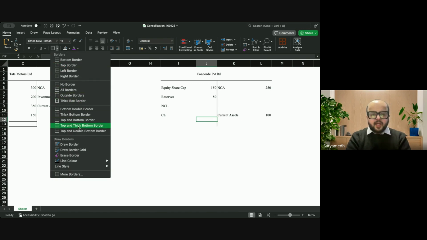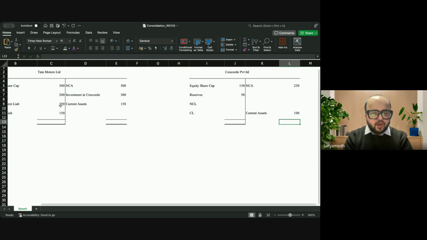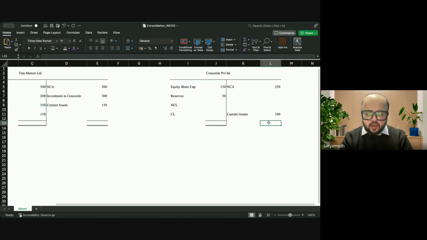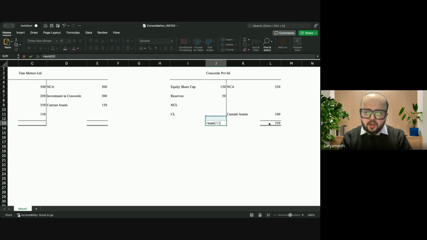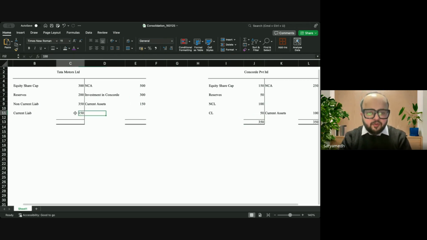Ultimately, see, this is my own balance sheet. I can keep any numbers as I want, but the focus is not the numbers. The focus is what we are going to do with those numbers. So, what's the total of the liability side here? The total is 350. Here, the total is how much? The total is 200. So let these be another 150. So the balance sheet of Concord Limited is in front of you, and so is the balance sheet of